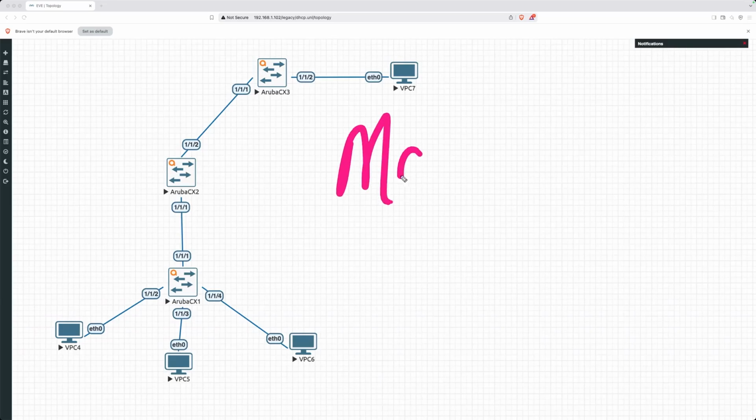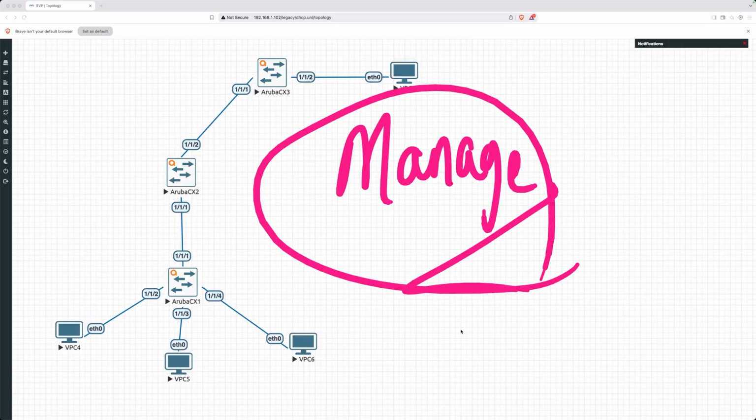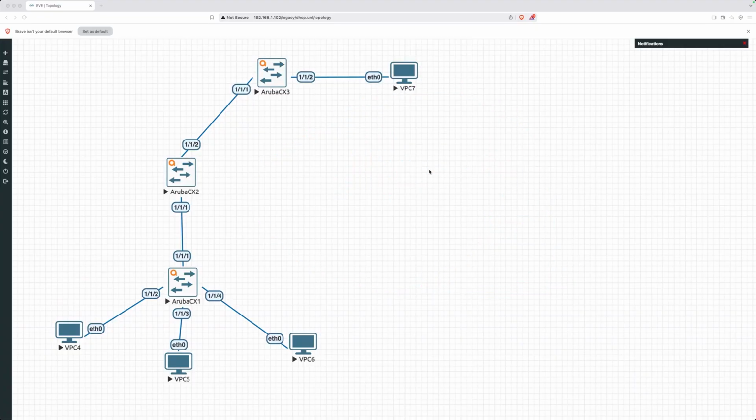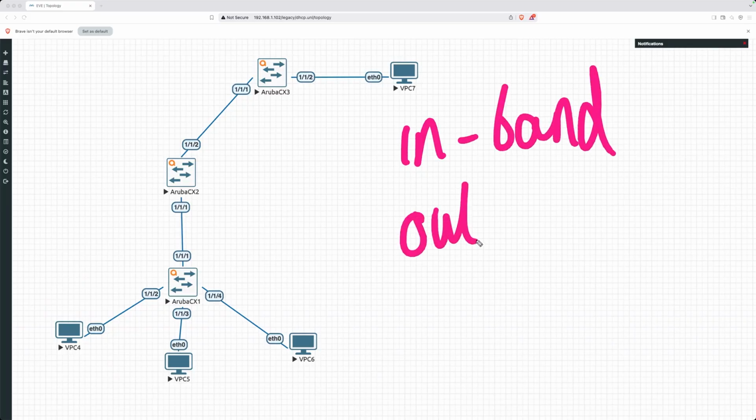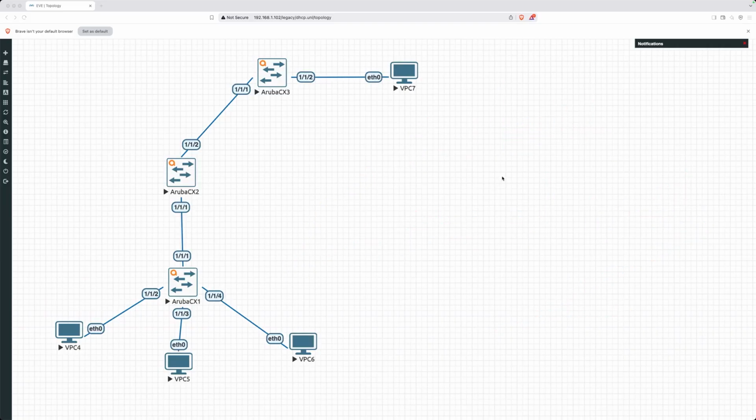Alright my friends, so let's begin by talking about how we can actually manage our network devices. Now what we're going to do is talk about two distinct approaches to actually handling this particular problem. One is called in-band management and the other one is called out-of-band management. Now before we actually look at these different approaches, let's just define what we mean when we're talking about managing